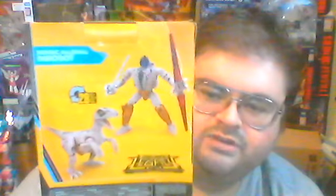At number 5 is Buzzworthy Heroic Maximal Dinobot. Now, there's nothing wrong with this figure itself, but the thing is, when I was a kid and I was collecting Transformers, there were some that I collected just for the sake of buying them and adding to my collection, but I didn't get any direct satisfaction or enjoyment having the figure in my collection, and that's what Buzzworthy